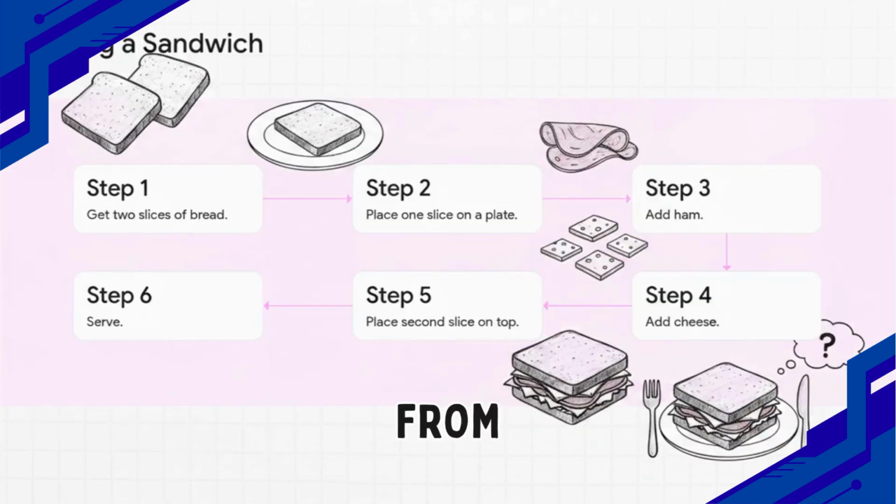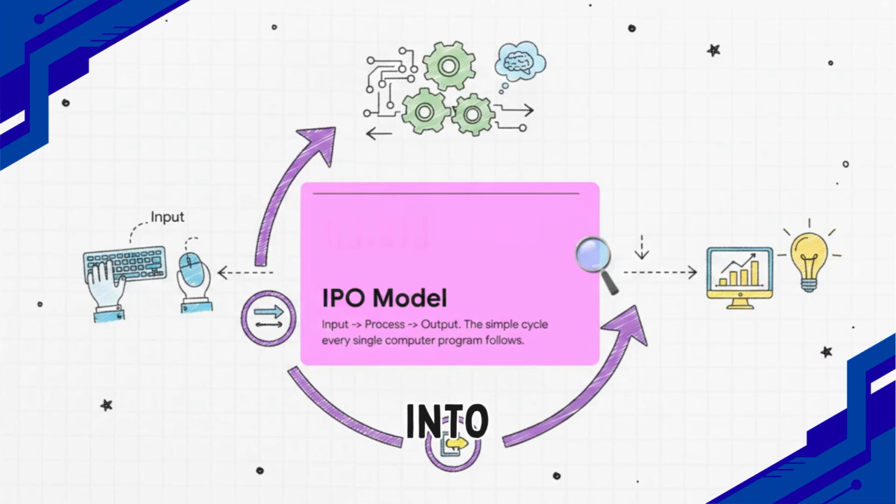So to actually get that sandwich from a machine, you really have to break the story down into its absolute most basic logical components. You literally have to explicitly instruct it. Step 1, get 2 slices of bread. Step 2, place 1 slice on a plate. Step 3, add the ham. Step 4, add the cheese. Step 5, place the second slice right on top. And finally, step 6, serve it. Without that unyielding, specific sequence of instructions, the computer is entirely helpless. Programming is really just the art of breaking a big, macro problem, like being hungry, into these tiny, totally manageable micro-instructions.